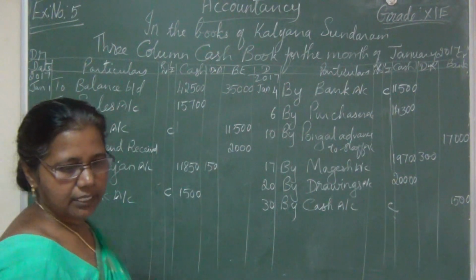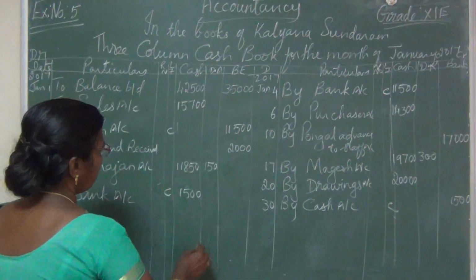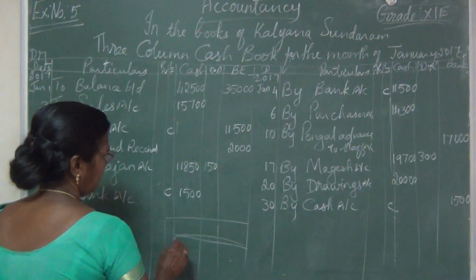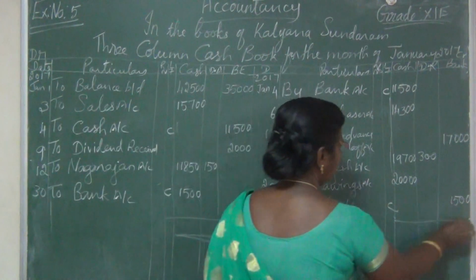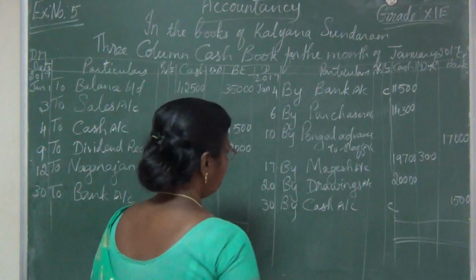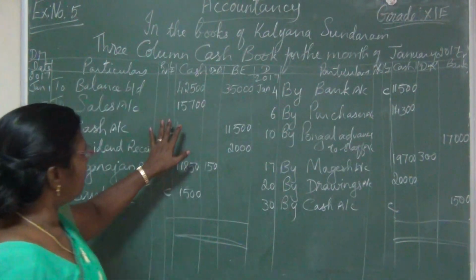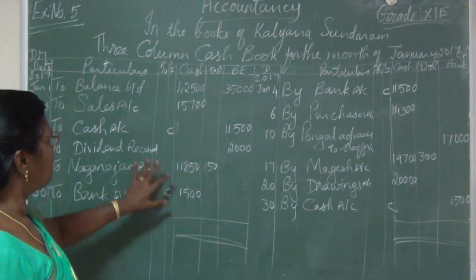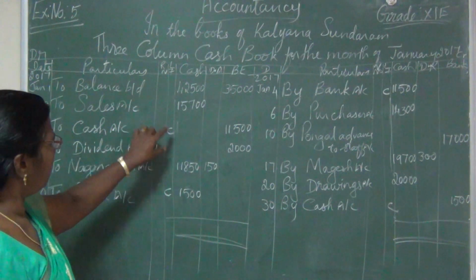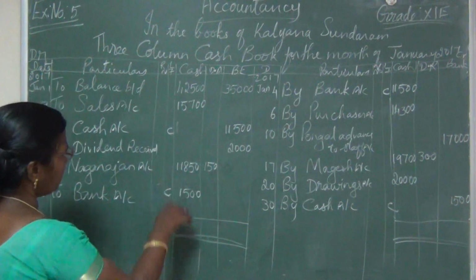Okay, now all the transactions we have posted. Now we will find out the balance. So one item we need to write, the balance carried down. Which side will be more? Usually it should be more on the debit side. Okay, you check, here 40,000, here 10, 4, 5, 6, 60,000. They are less. So add this amount and write.